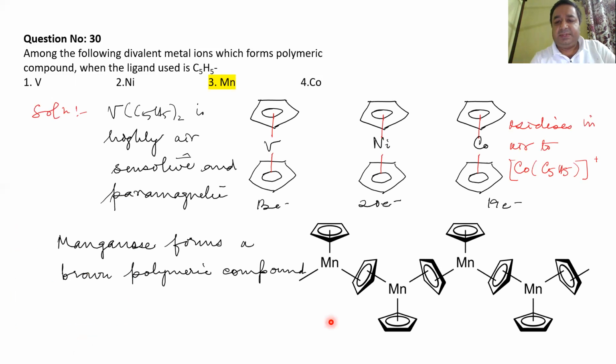This has the polymeric unit. Whereas vanadocene is a 15 electron system, highly air sensitive and a paramagnetic compound. For nickelocene, we will find that it is a 20 electron system. And in the presence of oxygen, it loses 1 electron to form a 19 electron system. In the case of cobaltocene, it easily forms the cobaltocenium ion because it goes to the stable 18 electron configuration. So it easily forms the